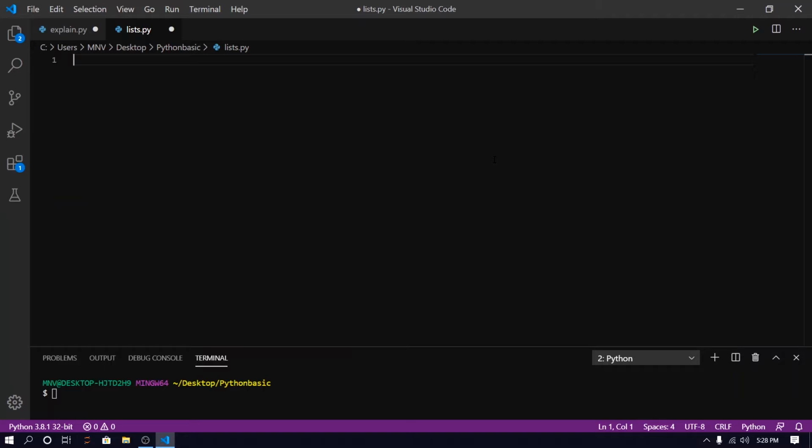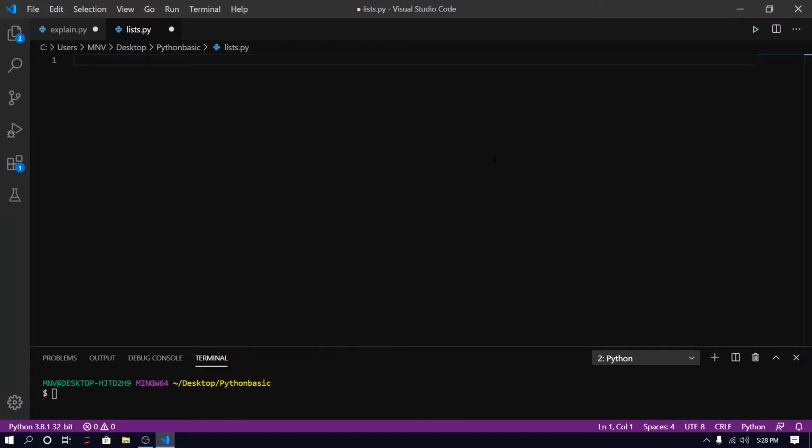Okay. So one question: what is mutable? As I told you, mutable means that we can change the content of our data, that is called mutable. And what is immutable? That means we cannot change the inside content.